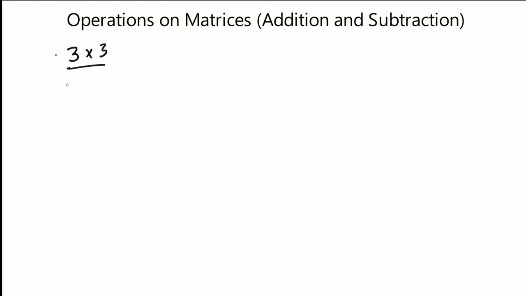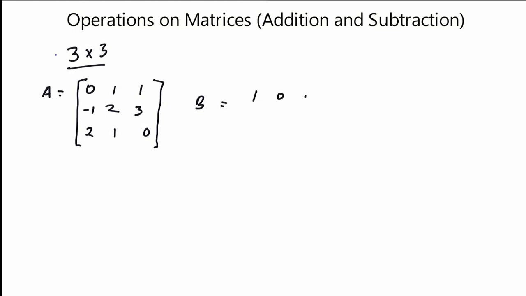So right away to the video, assuming that you are given a matrix A which is 0, 1, 1, minus 1, 2, 3, 2, 1, 0. This is a 3 by 3 matrix, and also another matrix B described by 1, 0, 1, 2, 2, 2, minus 2, 1, 1. So if we wanted to determine A plus B,